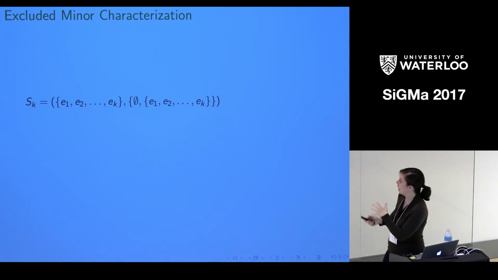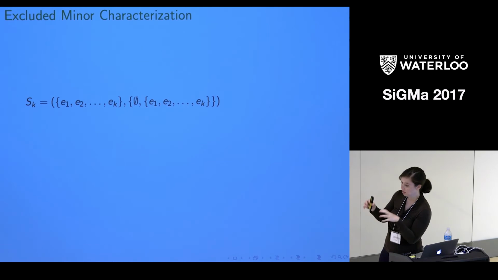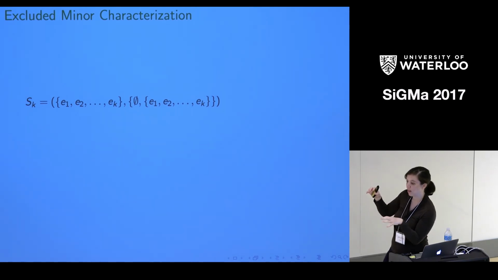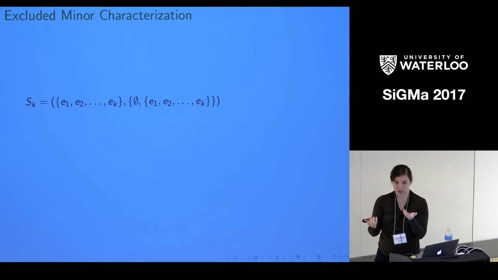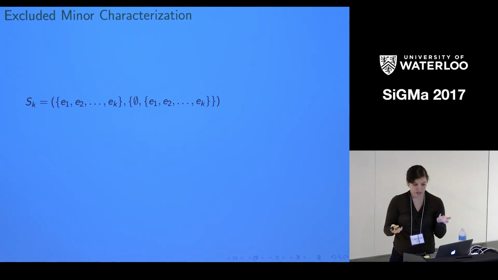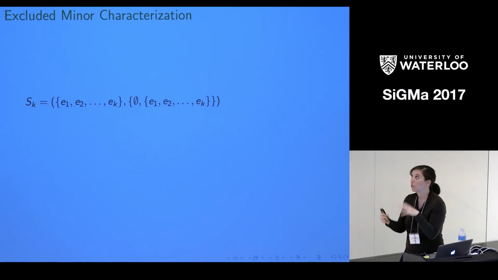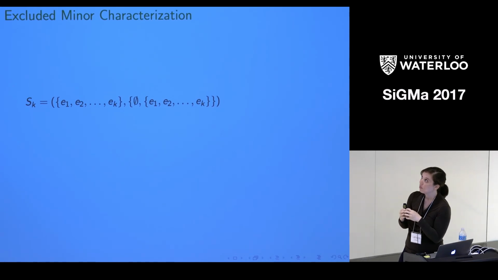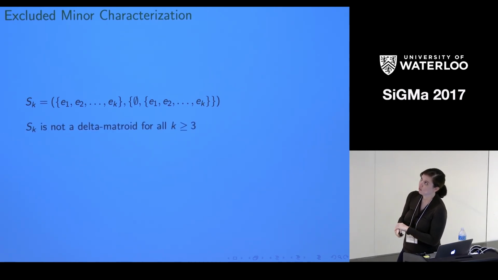That's going to hold if I take any set system where I have just the empty set and the full set, and the full set has at least 3 elements. So you can get an infinite family, and maybe you would hope, oh, if we're doing an excluded minor characterization, we don't really want infinite families. We like it when we can find the names of all of them. Well, these are nicely structured delta-matroids, so I kind of think this is an okay infinite family.